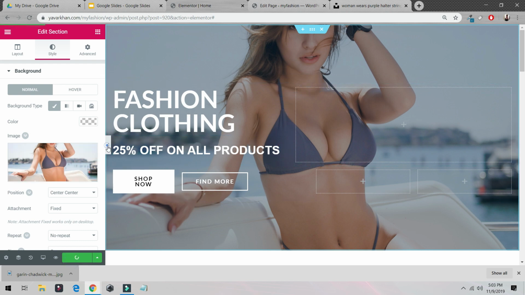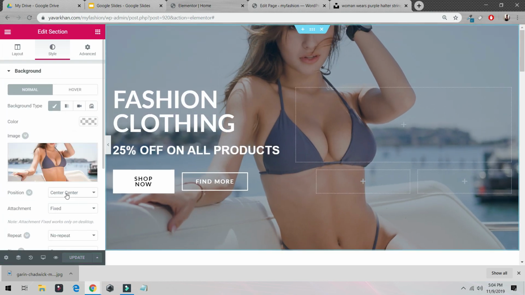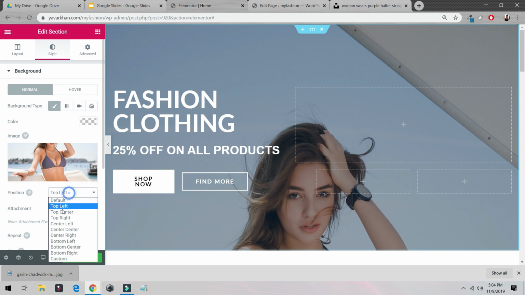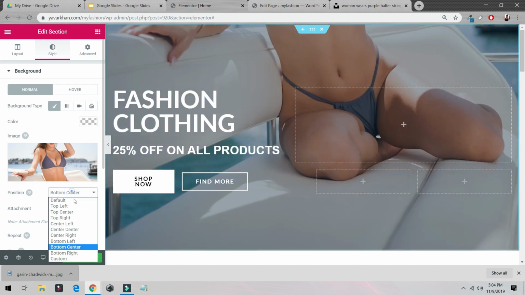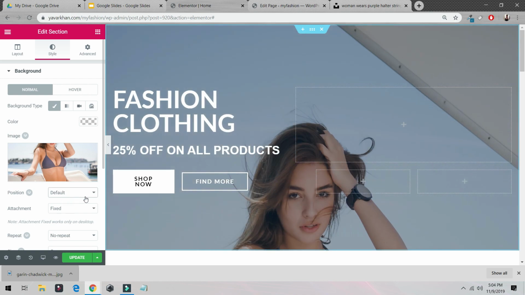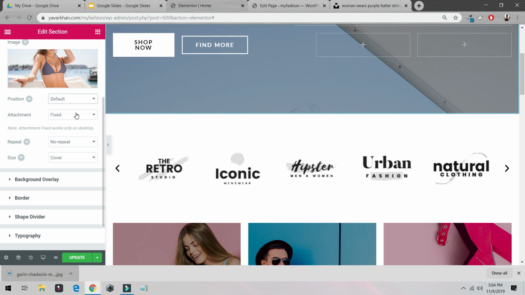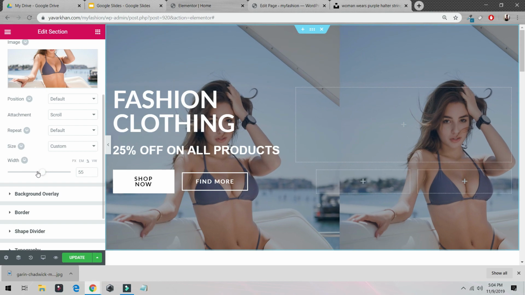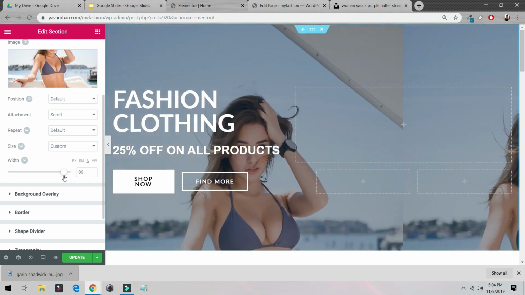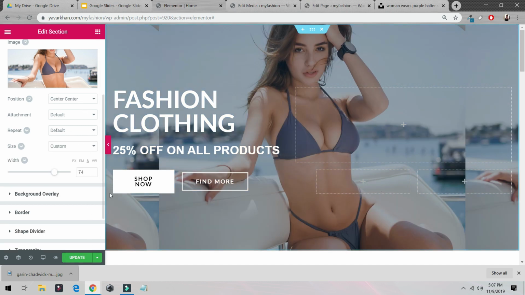Just gonna click on update, and as you could see, if I want to make some changes to it, top left or top center, or center right or bottom left or center, or just make some changes. If you cannot find, just make it default. You can just click on custom, make the changes as you want, however you want, but I'm just gonna leave it default. So yeah, I'm just gonna keep it center and update,